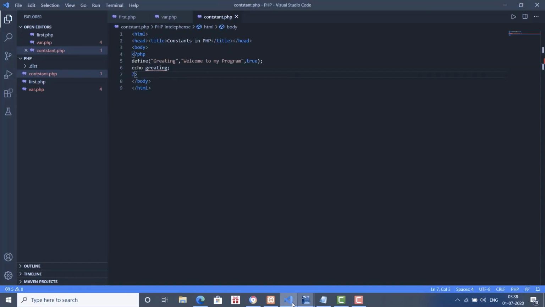So what we have done is make this case insensitive. This is the way of defining a constant. We have defined a constant with the name greeting, assigned it the value welcome to my program, and given the third parameter true in order to make it case insensitive.